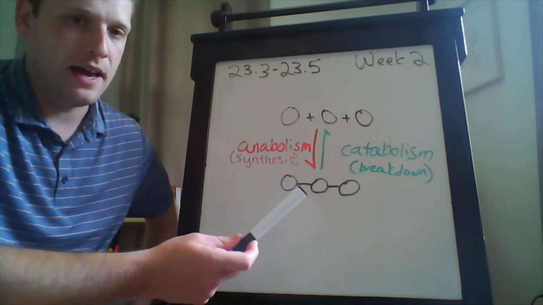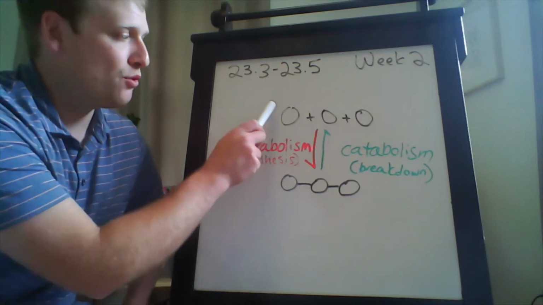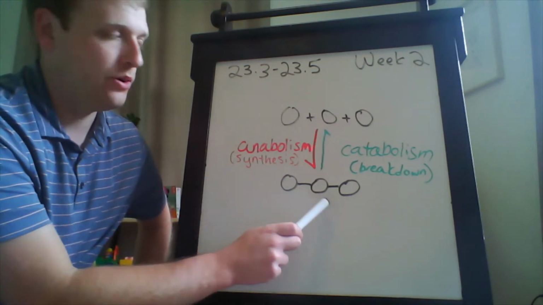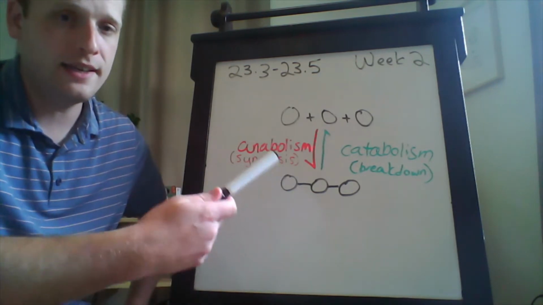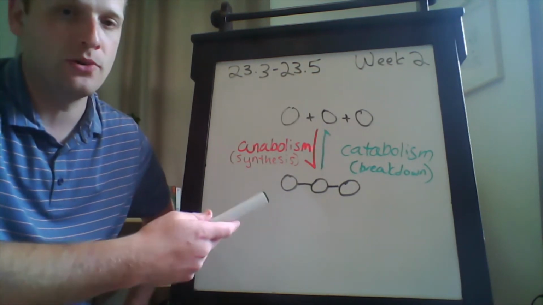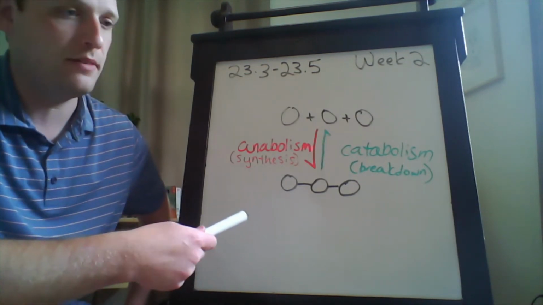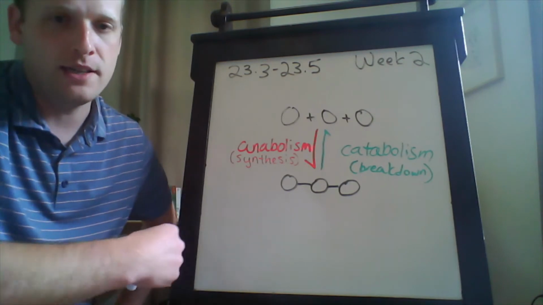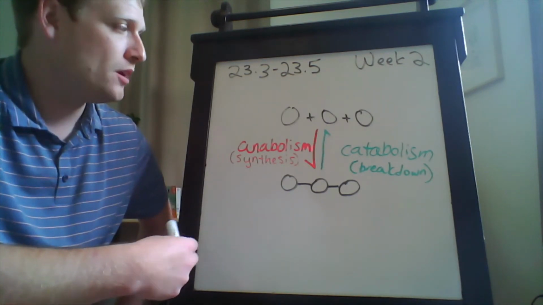And the opposite of that being catabolism, or breakdown, where instead of forming new bonds, you are breaking bonds and releasing potential energy that can be stored in the form of ATP. So these are our two reactions that we find in metabolic processes, and we're going to finish up